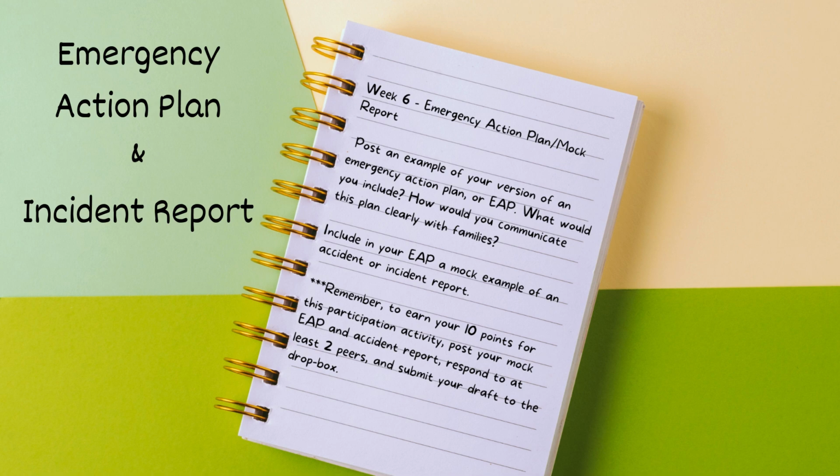So that incident report should also be included in there. It's just a mock report, and it should have things like the date and time and location, the child's name and age, a factual description of what happened, any witnesses of the event, any injuries or illnesses, first aid or treatment given, if the parent or family was notified, and all the steps for prevention. And then really document this promptly and sign it. And again, this is just a mock of what it would look like, but it's really important that you take the time to create one and also fill one out, and that way you get used to it.